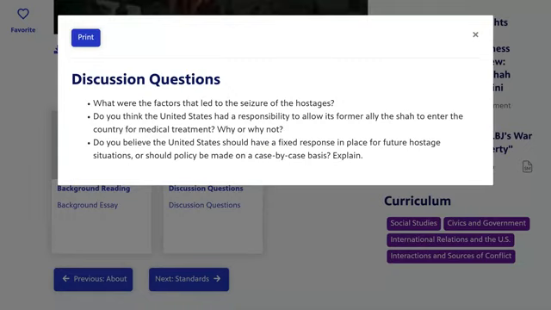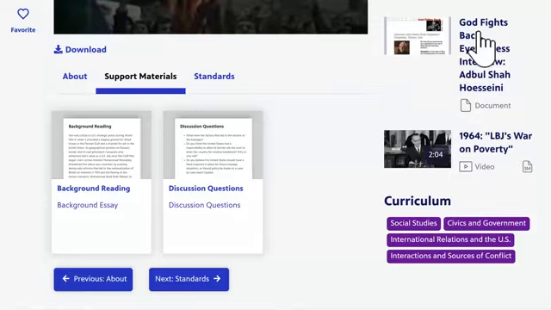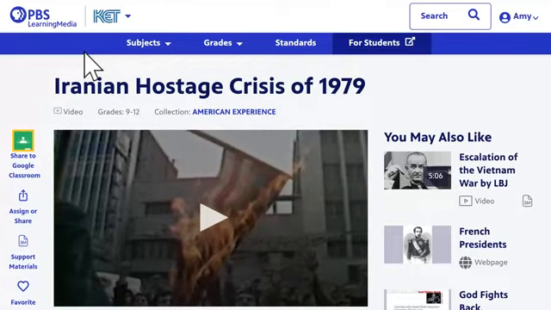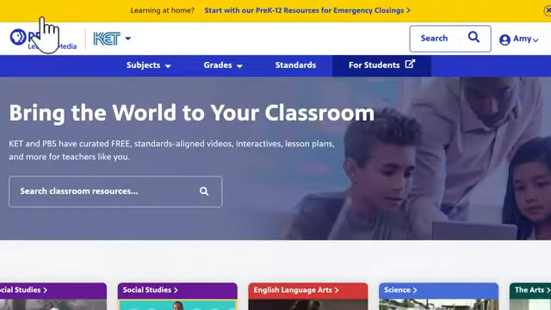So you see why or why not, and then you see explain. So it really taps into that cognitive thinking. Let's see, I'm going to go back. If at any point you get so far down the rabbit hole you don't know where you are anymore, you can just go back to this little button up in the left-hand corner that says PBS Learning Media, and that'll take you back to their home page.